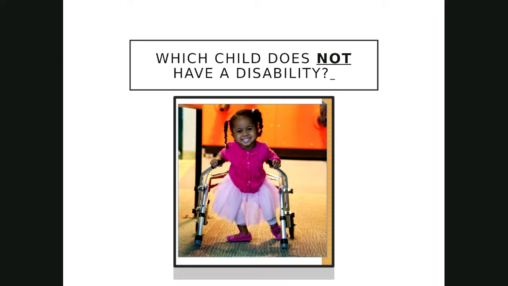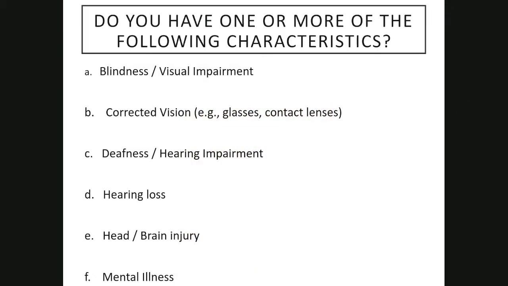It's interesting that in some recent research that I conducted, I asked on the survey, first question, do you have a disability? Yes or no? And then a subsequent question. Do you have one or more of the following characteristics? And those included blindness or visual impairment, corrected vision, so the need to use glasses or contact lenses, deafness or hearing impairment, hearing loss, a head or brain injury, mental illness, including something as common as depression,